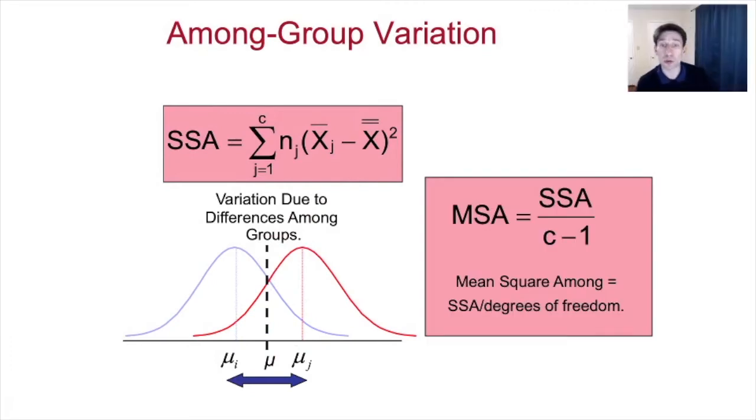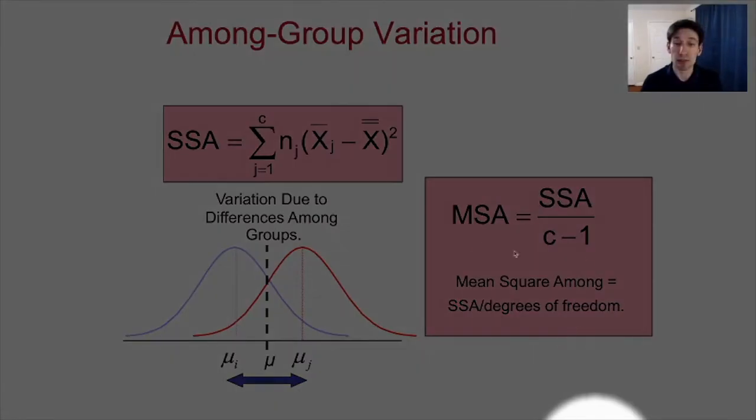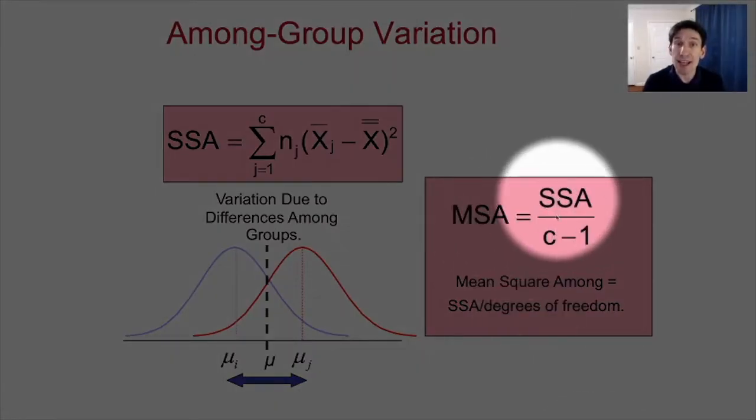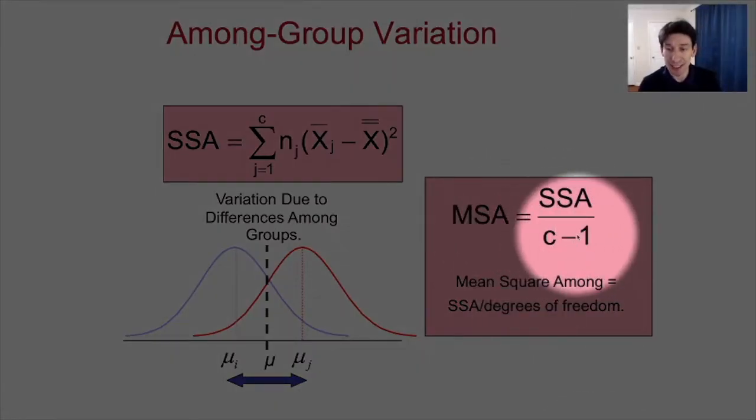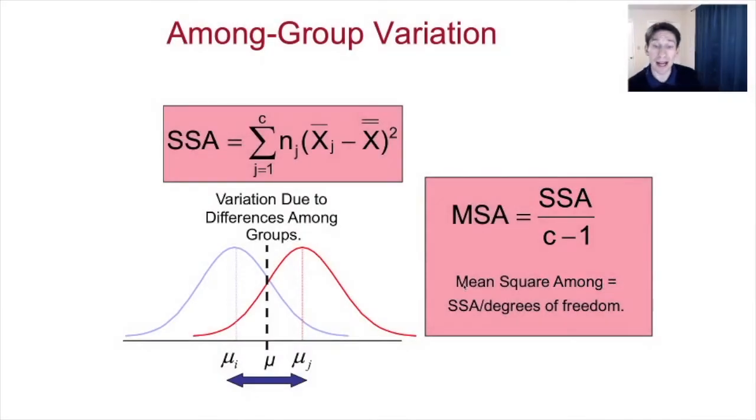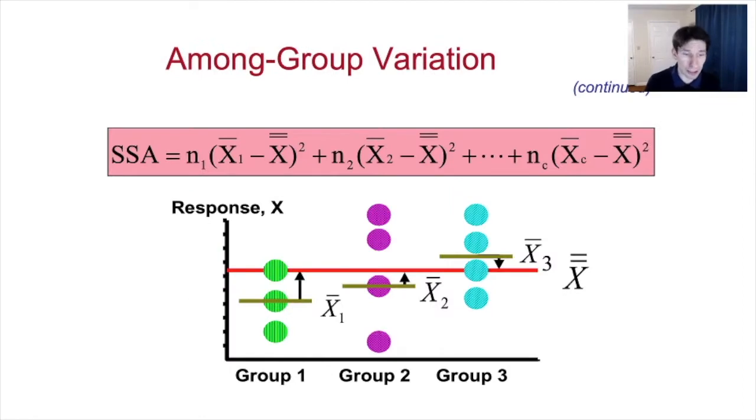Now we're going to introduce one more concept, which is the mean squared among. The mean squared among is just the SSA divided by C minus 1. So you can think of that as the SSA divided by certain degrees of freedom. And the degrees of freedom are the number of groups you have minus 1. Graphically, what does this look like? Well,